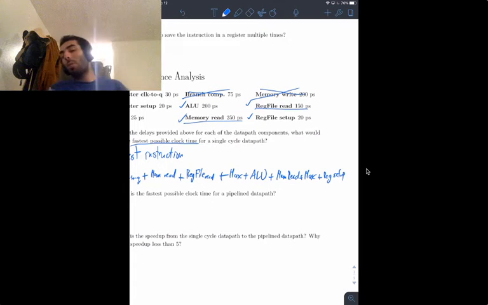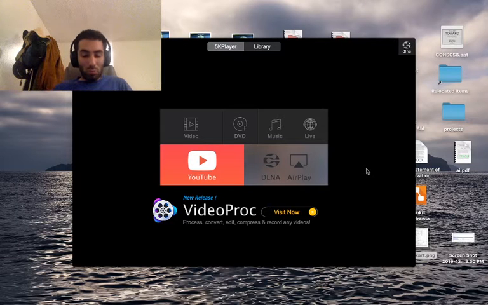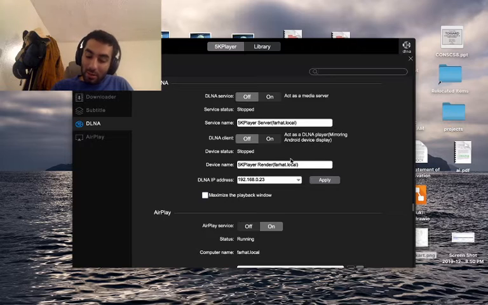If you want a more thorough analysis of this, you could look at the discussion worksheet for the single cycle data path, where we enumerate all the different instruction types. We go through R, I, S, SB, U, and UJ, and we compute how much time they all take. It turns out, in general,